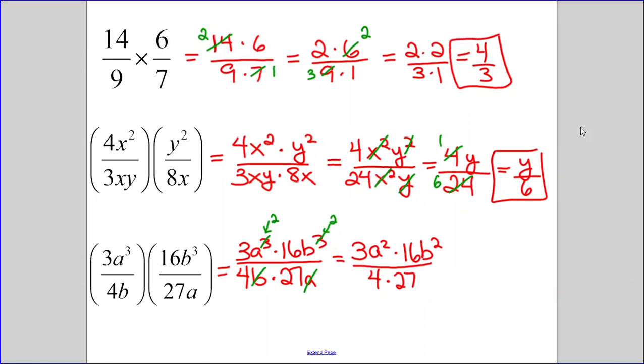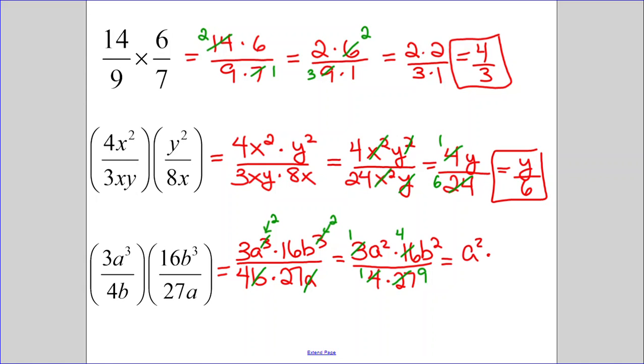Now I haven't combined these yet, 3 and 16 and 4 and 27. We certainly could. You get 108 on the bottom, 48 on the top, and then you just reduce that fraction. But hopefully what you can see is that 3 actually goes into 27 and 16 goes into 4, so I can simplify it before I combine it. 27 is divisible by 3, so 3 divided by 3 is 1, 27 divided by 3 is 9, and 16 divides into 4 evenly. 16 divided by 4 is 4, and 4 divided by 4 is 1. So I can actually simplify my terms here,